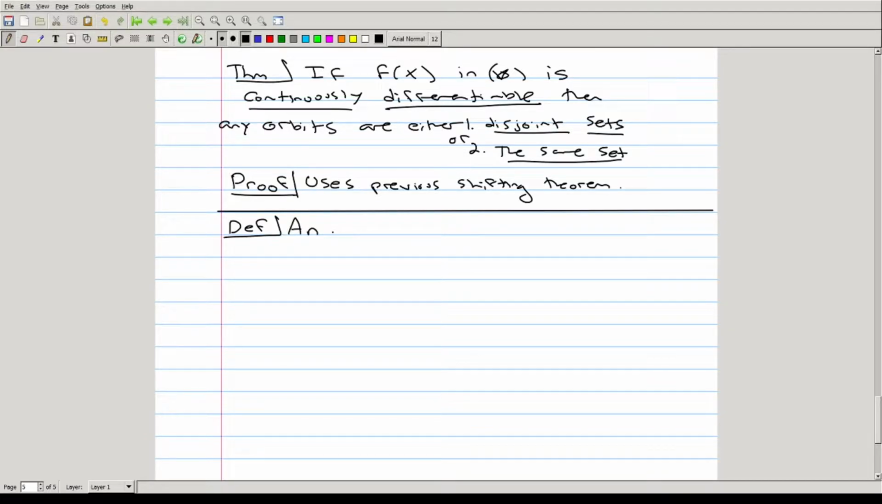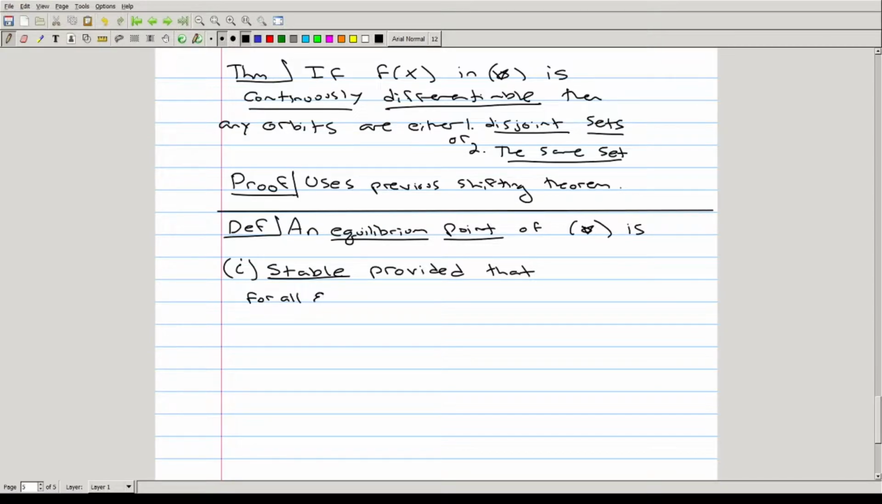We say that an equilibrium point of the differential equation star is stable, or a stable equilibrium point, if the following is true: for all epsilon greater than 0, there exists a delta greater than 0 such that